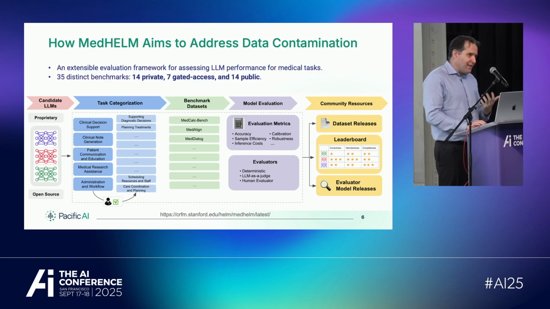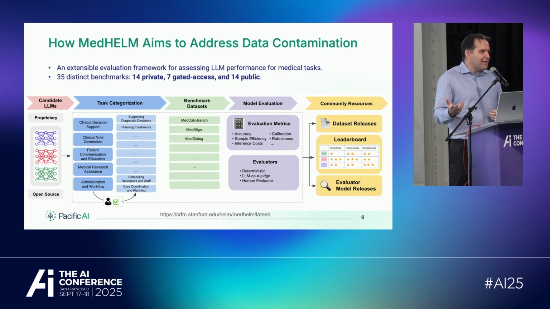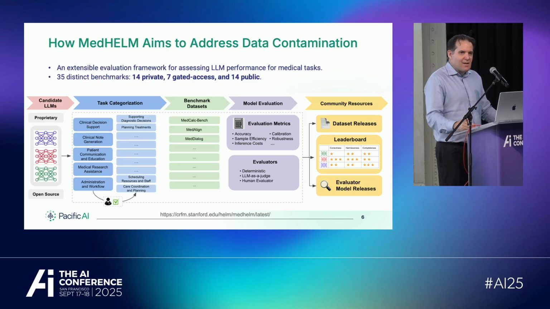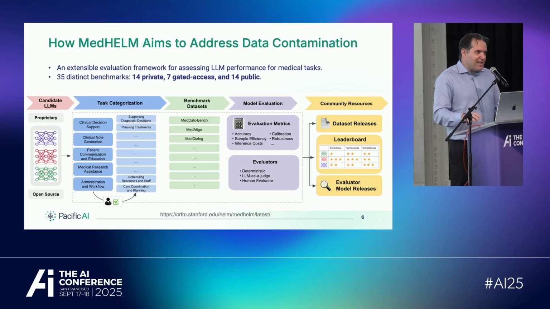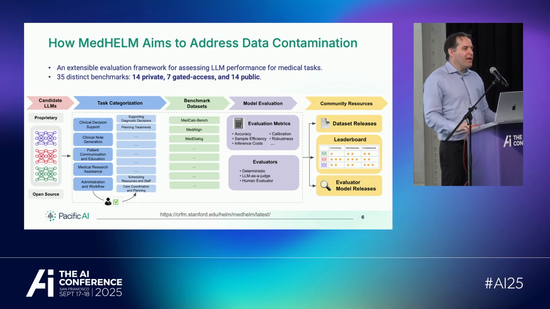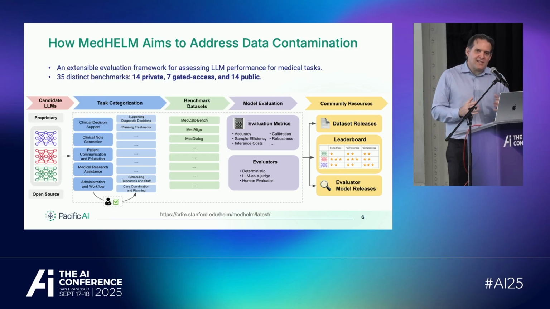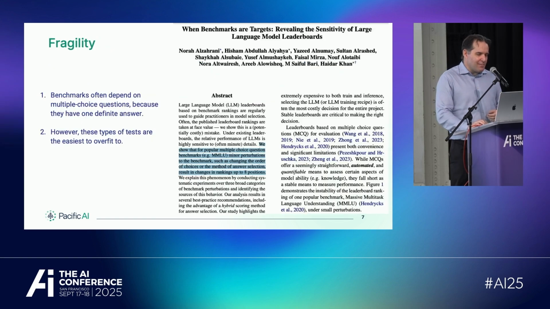One of the interesting things they did was they did not make all the data sets public. Some of the data sets are public ones, mostly for other academic research, but some data sets they actually keep private. And some of them even use actual patient data from Stanford, PHI data. And the intent was exactly that. You can run on the public ones, but if you really want to test, send it to us, we'll test it. You don't need to see the data set, so that really no model can publish on it. So that's one thing that people do. That is an approach that seems to work.